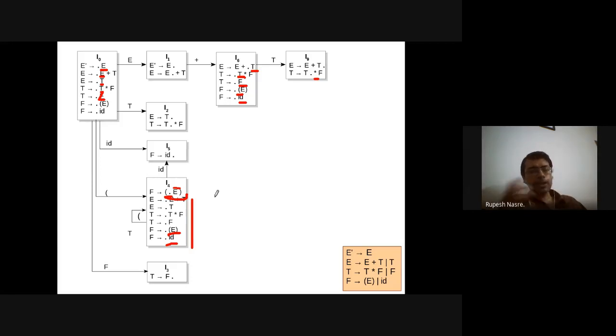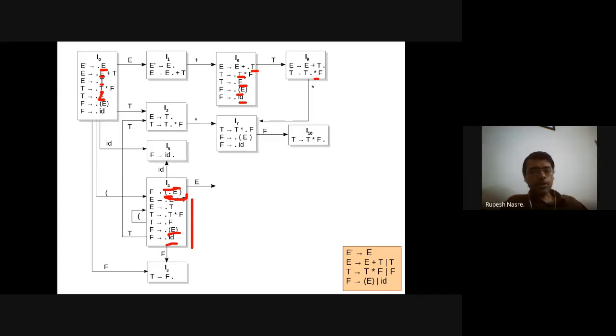When I consume capital E, then I would have consumed opening parenthesis as well as E in the production of F, and therefore my next state is going to contain an item which is opening parenthesis E dot, and then closing parenthesis is not something which I have consumed, and therefore I'm going to have, let me just show you that. There are lots of different things, but yeah. So on E I'm going to get E, so that portion, this part, right?